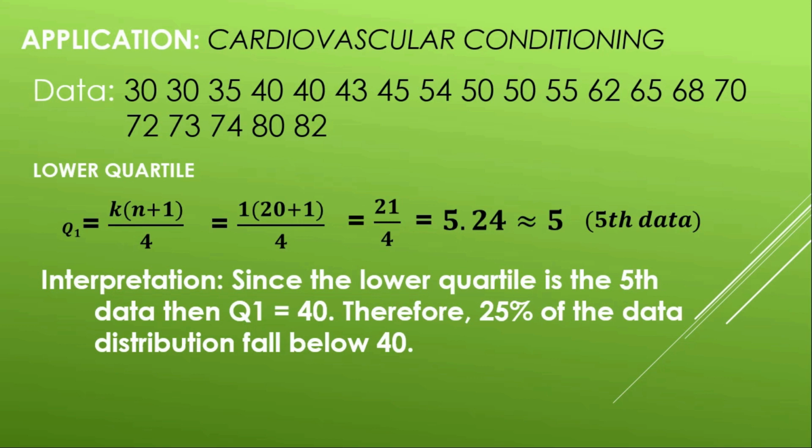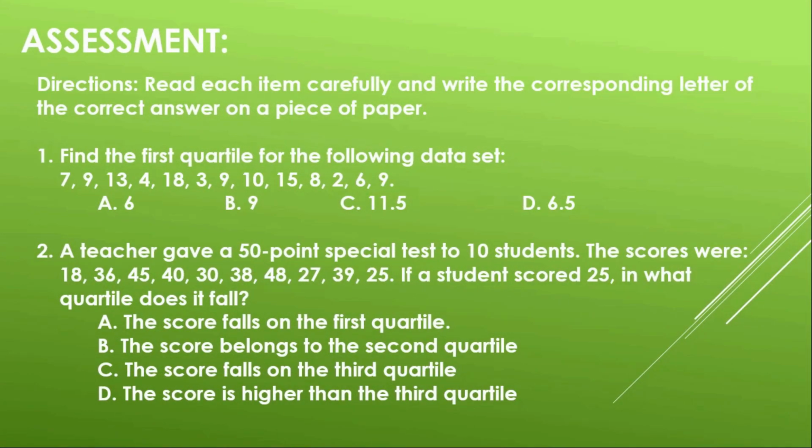None? Are you sure? Well then, let us check your understanding with an assessment. Are you ready? Let's begin. For the directions, read each item carefully and write the corresponding letter of the correct answer on a piece of paper. For number 1, find the first quartile for the following data set: 7, 9, 13, 4, 18, 3,